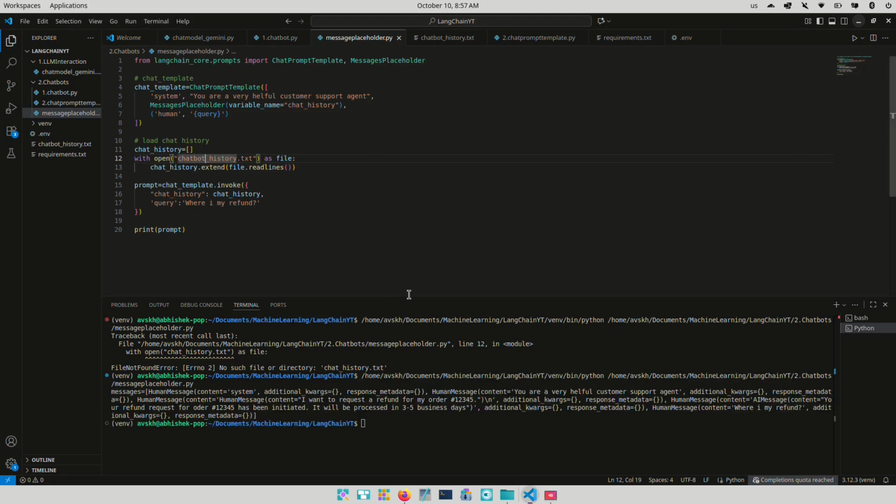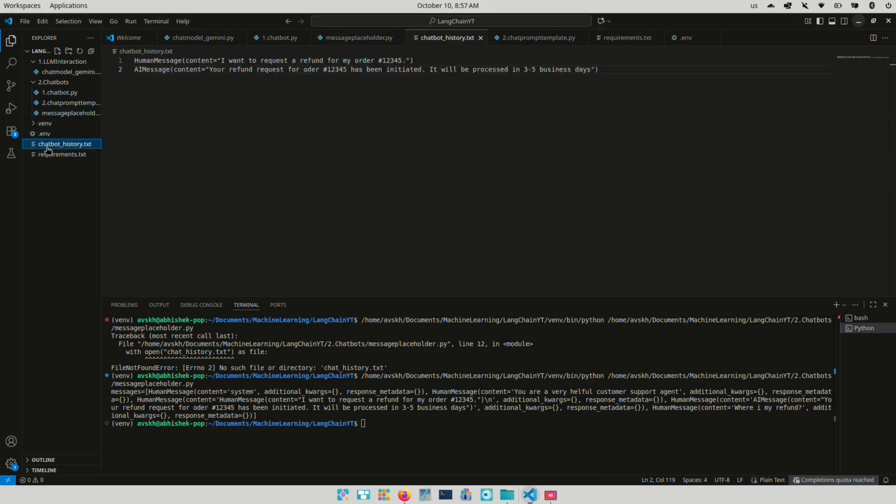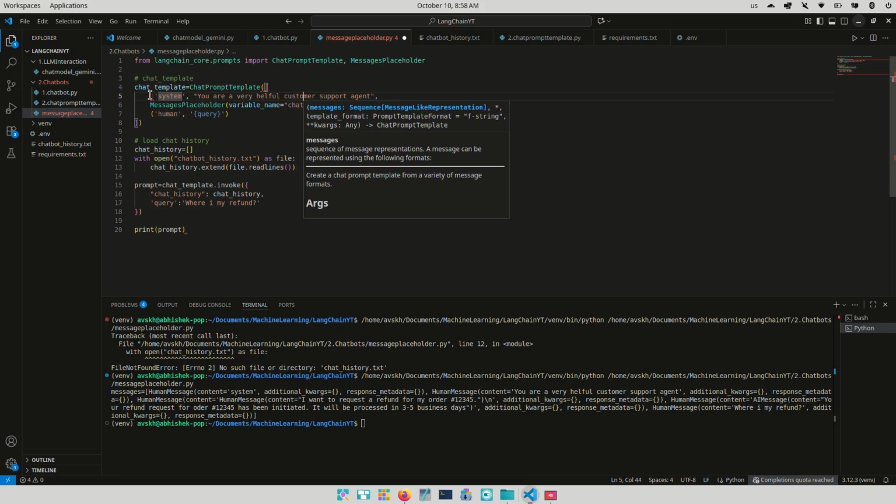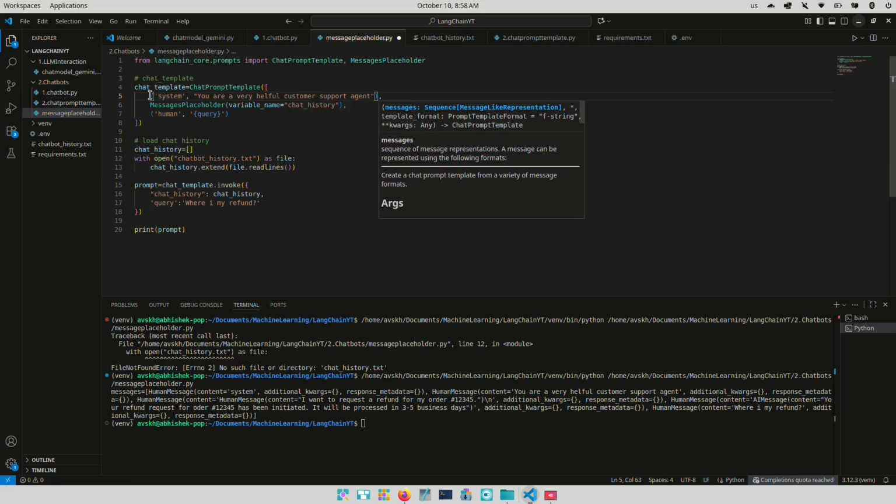Okay, if I load this again, then we can see that the first message is a human message. You are a very helpful customer support agent. And why is this being labeled as a human message? Let me check. Is this inside the chatbot history? No. Oh, I should have placed it inside the brackets here. So let me do that again. Okay, now if